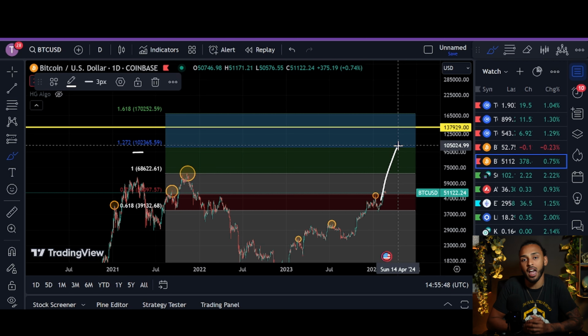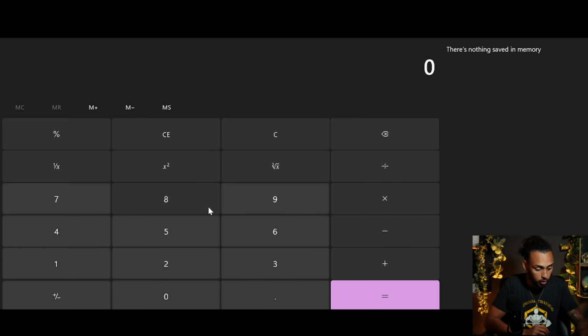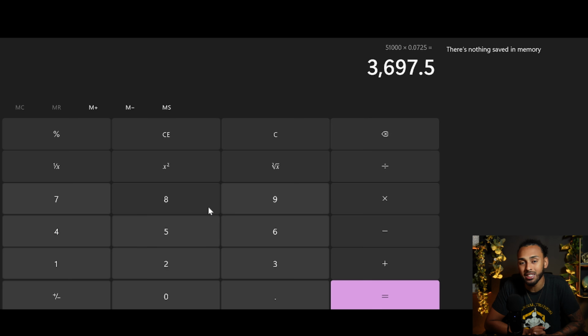So I'm going to say that based off of this thesis of the Fibonacci's, my price prediction is $137,929. And if you roughly take that amount and gauge, okay, how much is $10,000? If one Bitcoin is $137,929, that means roughly you need 0.0725, or 7.25% of one Bitcoin, for your position to be worth $10,000. Now, currently, considering Bitcoin is at roughly, let's just call it $51,000 for the sake of this video, times 0.0725, you're looking at about $3.6 to $3.7 thousand now to eventually be $10,000